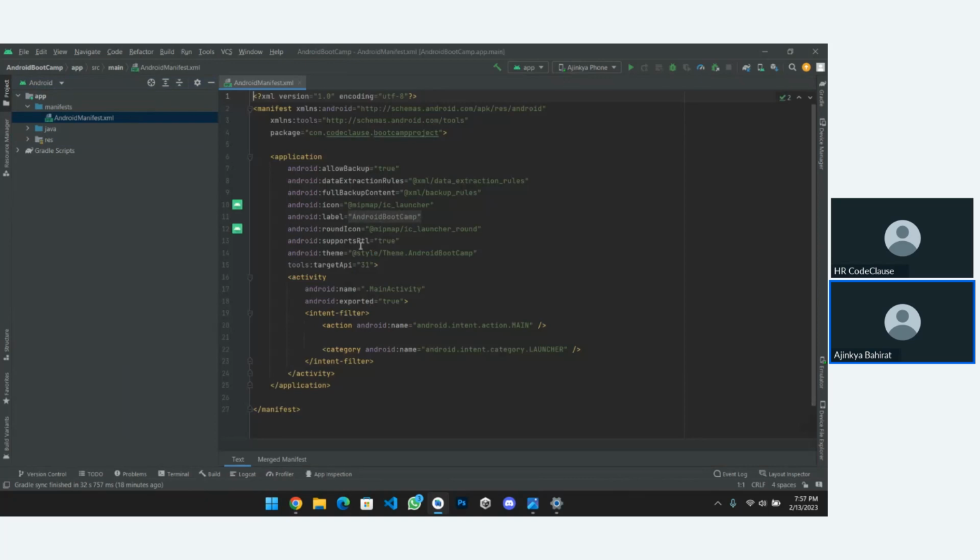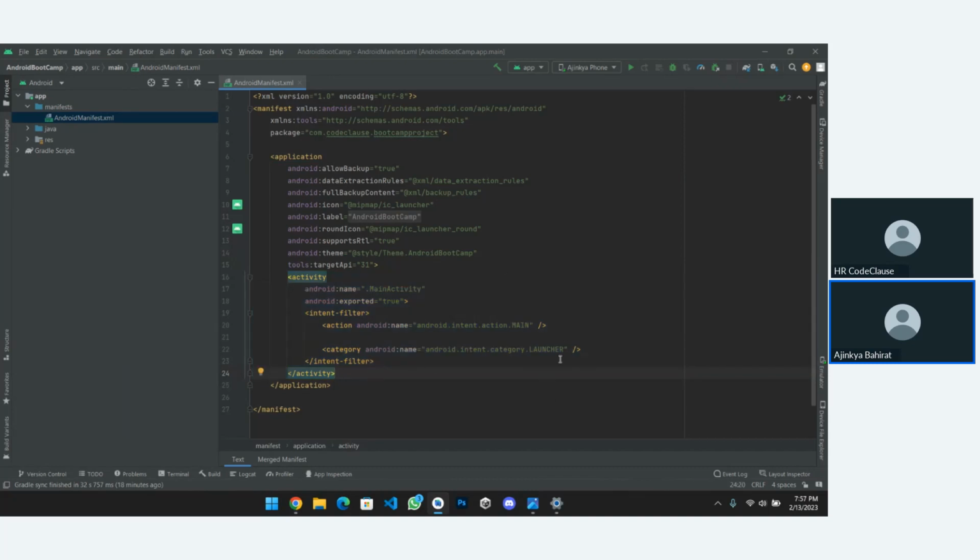Android manifest is a file which contains data like your app name, app style, app icon, and other things. Here you can see the targeted API, the theme of my application, the application label, application icon, round icon, etc. After that, these are the different activities which we create, automatically added to our manifest file.